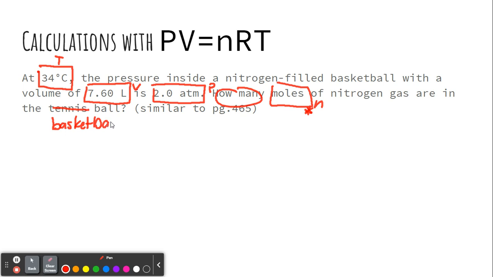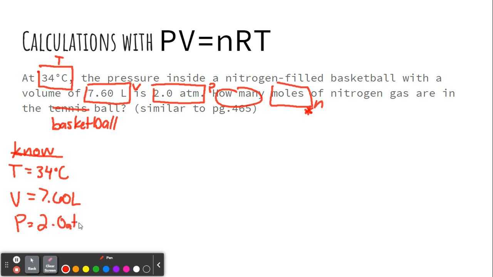If you are curious for some additional support on this type of problem, page 465 in your textbook has more information. So let's consider what we know. We know temperature equals 34 degrees Celsius. We know our volume is 7.60 liters. We know our pressure is 2.0 atmospheres. And we know what we have for PV = nRT, that R equals